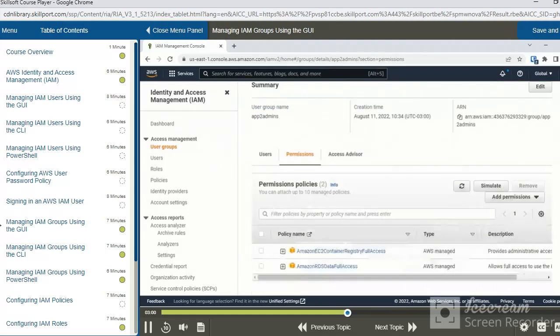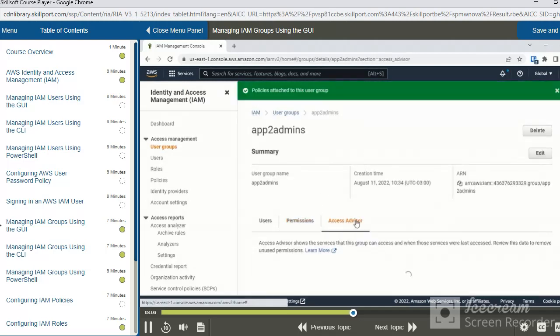So now, the group has 2 sets of policy permissions. If I click Access Advisor, it